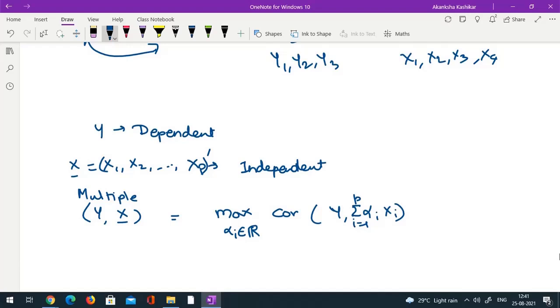Is there any condition on alpha i's? Yes, ma'am. The alpha i's must be so chosen that the error sum of squares is minimized. That actually will guarantee that your correlation is maximum. But is there any other condition on alpha i's? No. Okay, fine. So you try to choose that linear combination of xi's which gives you highest possible correlation with